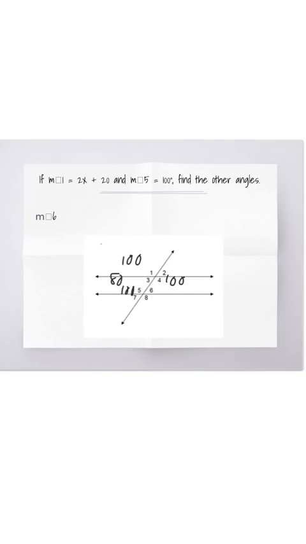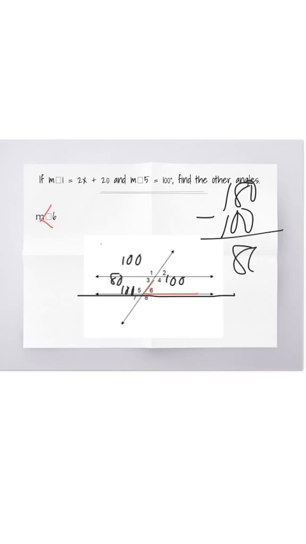Now that we know angles 1, 4, and 5 are 100 degrees, and angle 3 is 80, now we can find out what angle 6 is. Angle 6 actually forms a 180 degree straight line with angle 5. So you could find it that way. Angle 5 is 100 degrees. If you subtract it from 180, you would get that angle 6 is 80 degrees. The other way you could have found it out is if you looked at